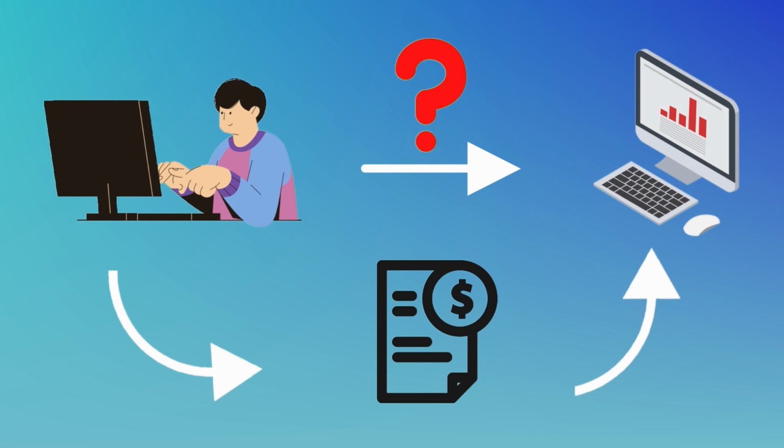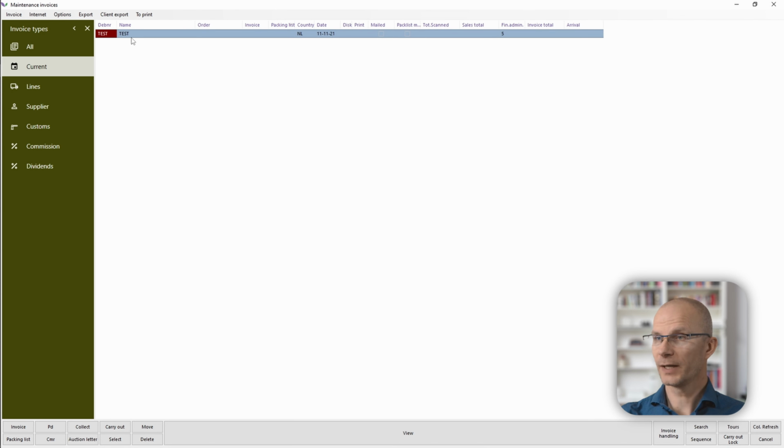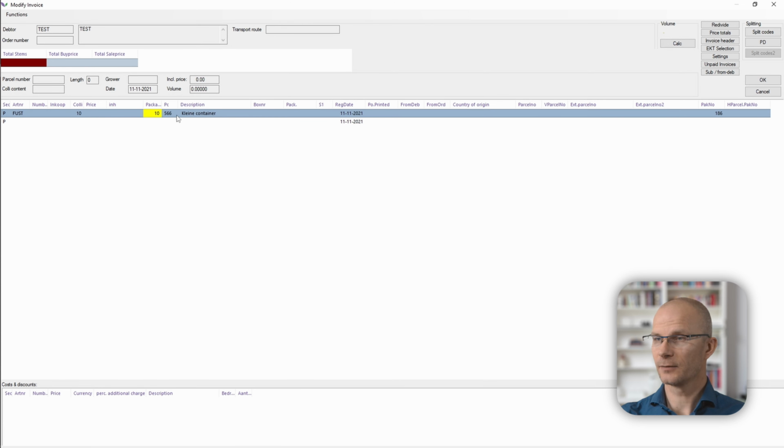The third option is that you will be asked if you want to put the packages in the package administration directly, or you want to put them on an invoice first. Based on your decision, a consultant or a support employee can configure the system accordingly. This system has been configured so that the packages will go to an invoice first. So if we open up the invoice, we will find an invoice for the data test, and when we open it by double-clicking, you will see that there are 10 566 packages on this invoice.